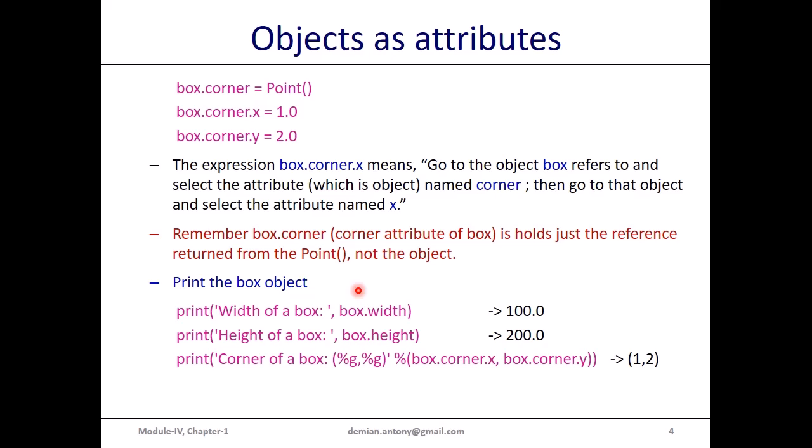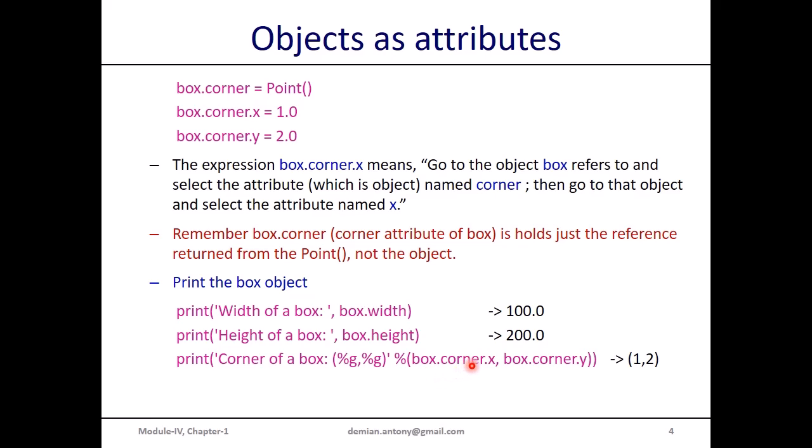Now let us print the box object. You can print the width with the object name, that is box. Here it is directly the class name; we have not created any other object. Box is a class object. Box dot width gives the 100. Box dot height gives me the 200, and to get the x and y values you have to write box